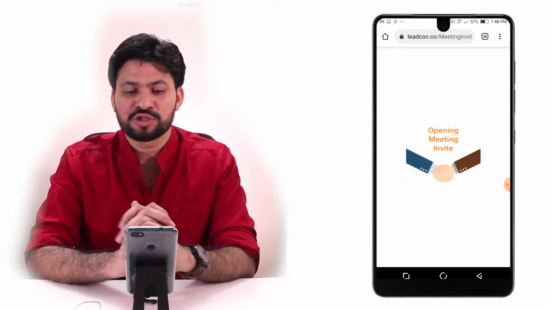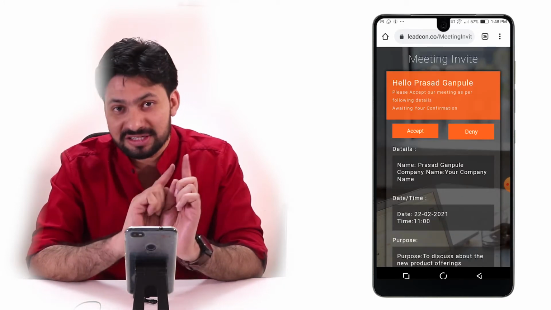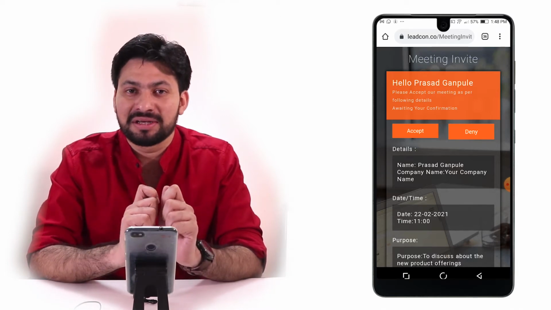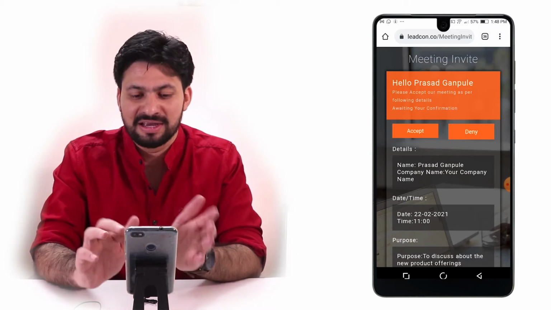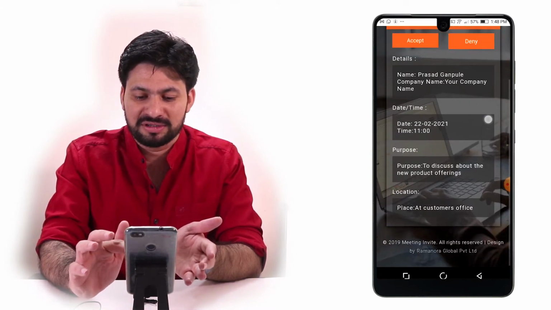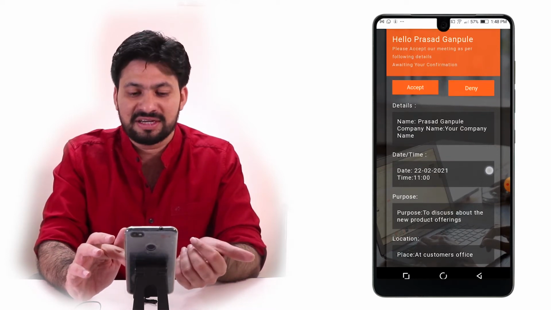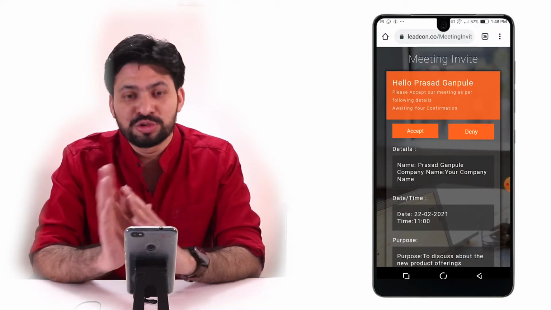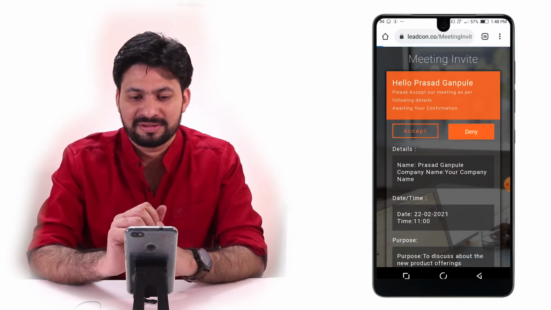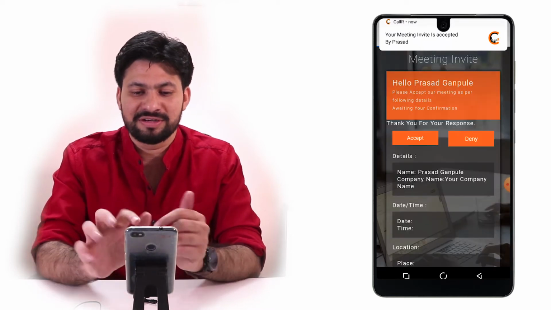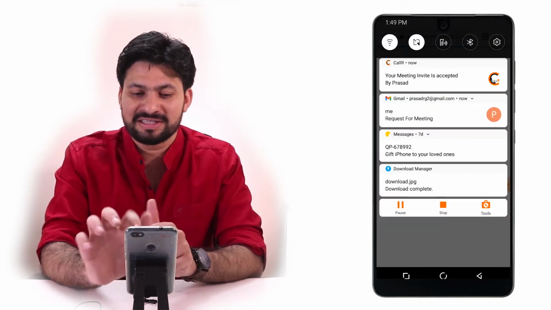and you can see it says opening meeting invite, where we have given a facility for the customer to accept or deny the meeting. The purpose is to be extremely professional in our approach to sales, and that's why all the different parameters, right from the date, the time, the purpose to the place, are at one place. The customer can either accept or deny. I click on accept and we receive a notification which says your meeting invite is accepted by